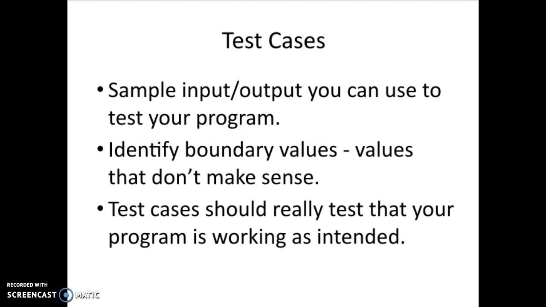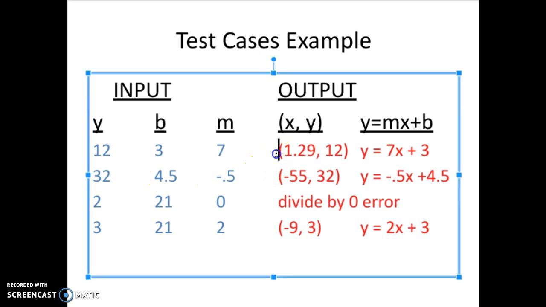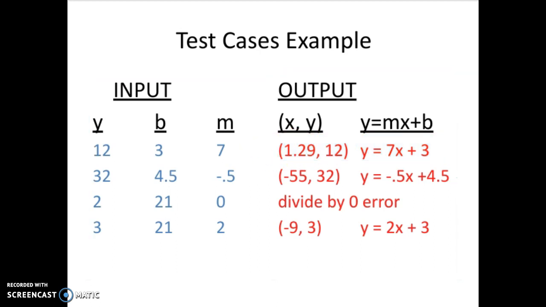And so you want to look for boundary values, 0. What if y, x, or b is 0? Is it going to break my program? I maybe want to try some positive values, some negative values. So it's a good idea to come up with some different test cases. This doesn't have very many negatives, but just some test cases so when you run it, you can see if this is my output, you can make sure that your program actually outputs that when you're done, because